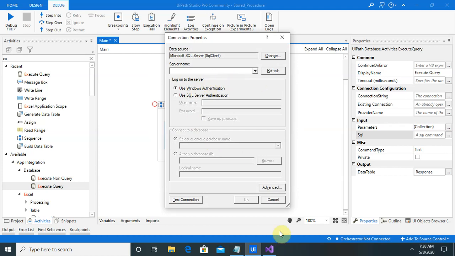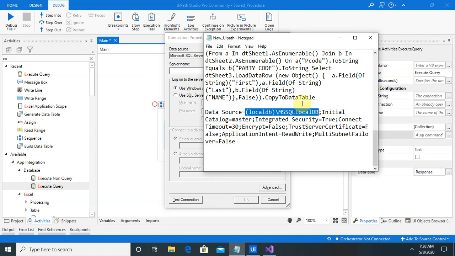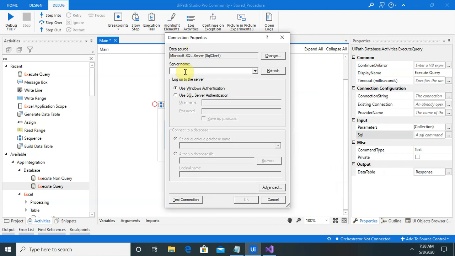Here you have to provide your database name, server name and so on. My database is local, I did not create a separate database, so I am providing my local server name, and the database name is master.